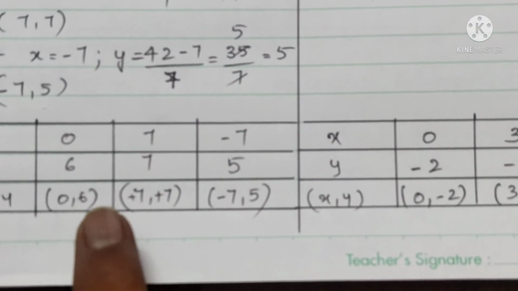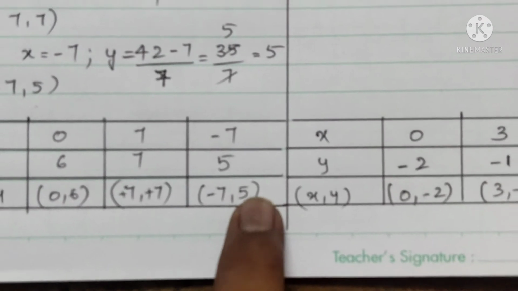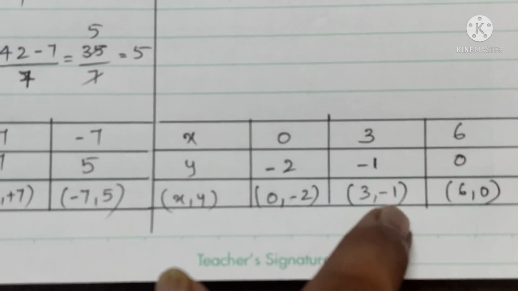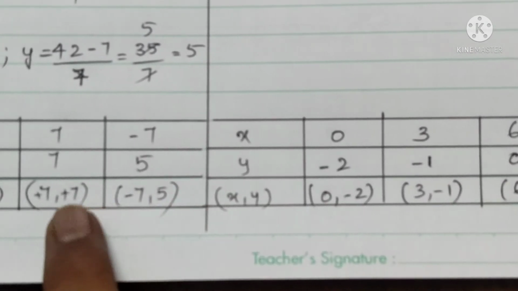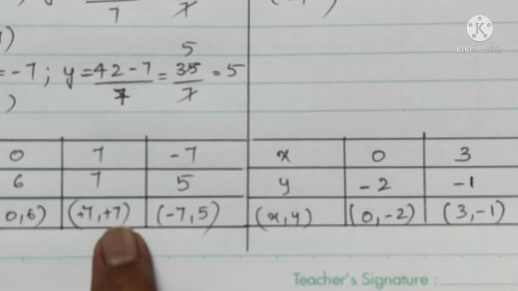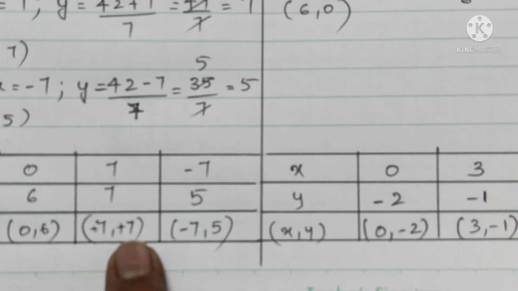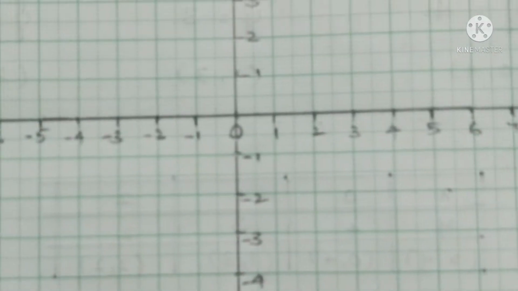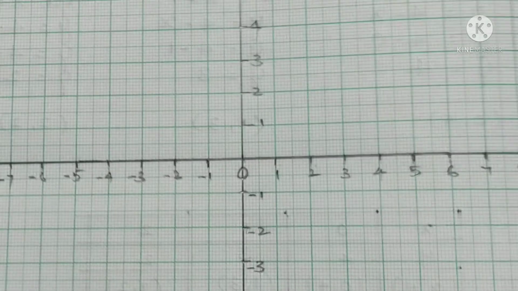Similarly in the y coordinates: 6, 7, 5, -2, -1, 0. In the y coordinates also, 7 is the highest. That means in both the x coordinate and the y coordinate, 7 is the highest. So coming to the graph, children,